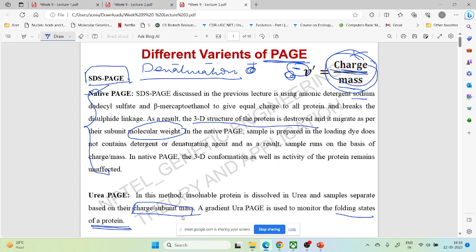But the major difference between SDS page and urea page is that you cannot study the folding status of a protein with the help of SDS page. But you can study the folding status of the protein with the help of urea page. Okay, then